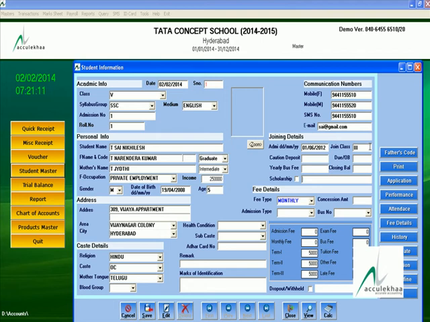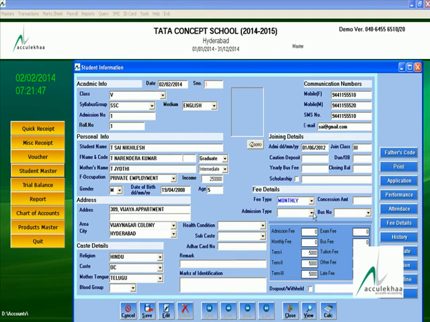Yearly bus fee, this closing balance will appear automatically in this particular place. Scholarship through management or through government, you have to define, you have to tick this scholarship button and you have to give the description. Fee structure, by default it will be monthly only. Concession amount, suppose you have given any lump sum concession, you can define the concession amount here.